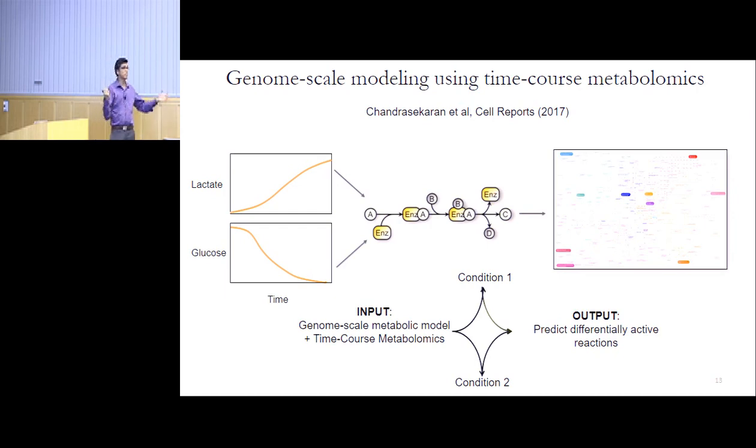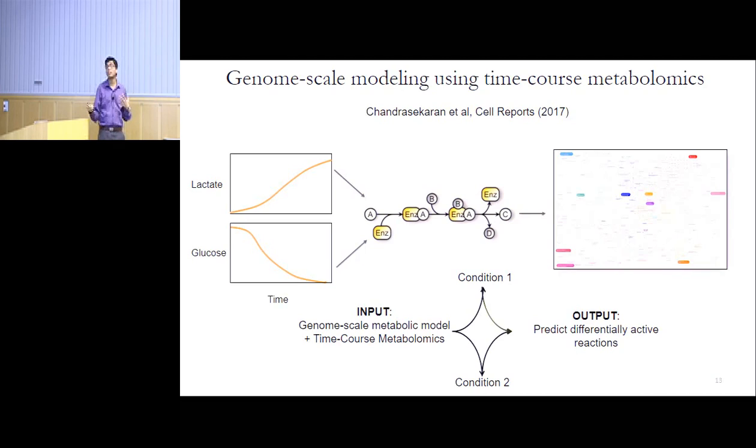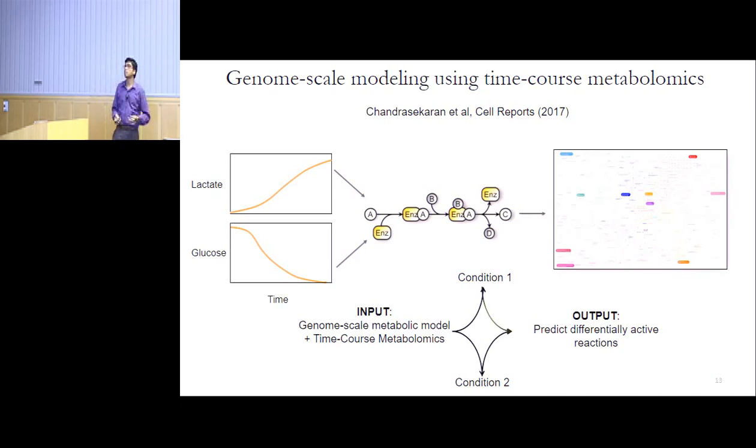If you have 100 such data points, the algorithm will find the most optimal metabolic state that is consistent with the entire set of metabolic observations that you made. Then if you have two different conditions, you can overlay metabolomics data from condition 1 and 2, and you can create two different metabolic network models. Then you can compare those and figure out what genes or metabolic enzymes are most likely to explain the differences that you observe between these two data sets.